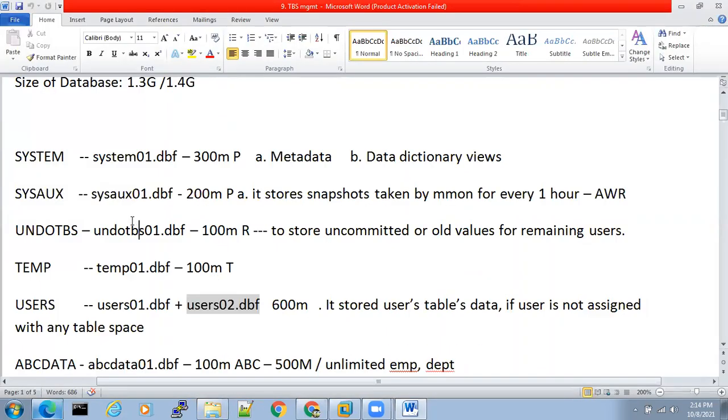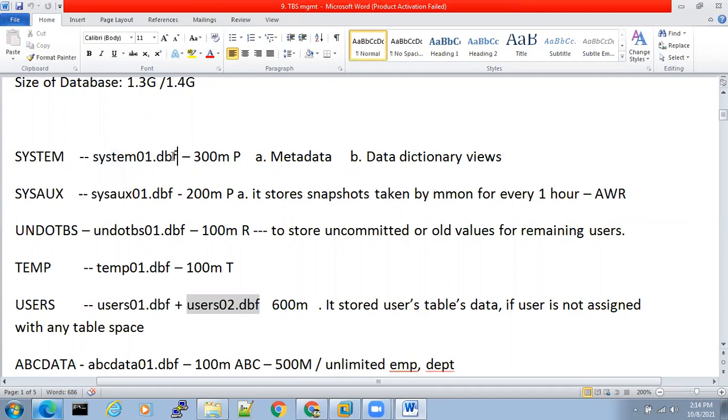So, what is a tablespace? A tablespace is nothing but a collection of data files. Minimum one data file will be there with a common size. What is the maximum size of one data file? It can be extended till 32 GB with the autoextend on option. Whenever there is any tablespace issue, we will get alerts. Based on the alerts, we have to proactively add one more data file to the tablespace.